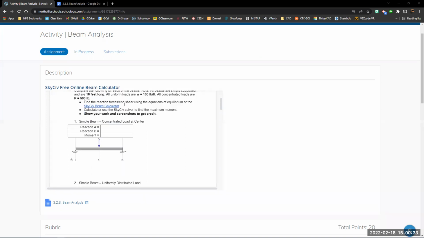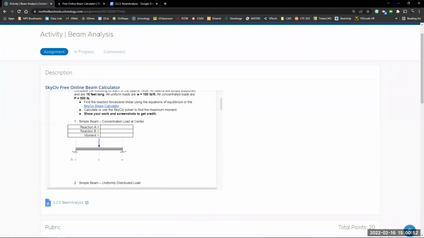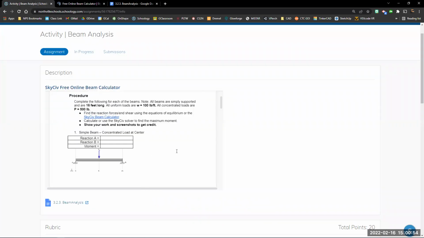All right, so you see here, we're going to find reactionary forces as well as maximum moments. And then I have a link here to the SkyCiv beam calculator. So if you want to click on that, open that up in another tab here. I will go more into that shortly, but let's go back to our